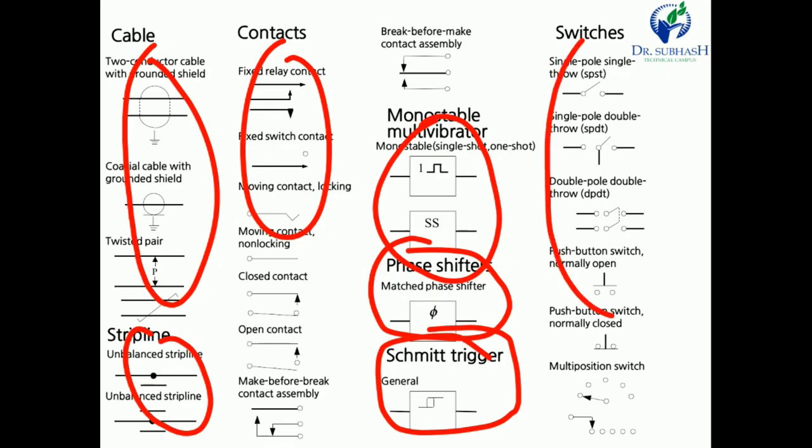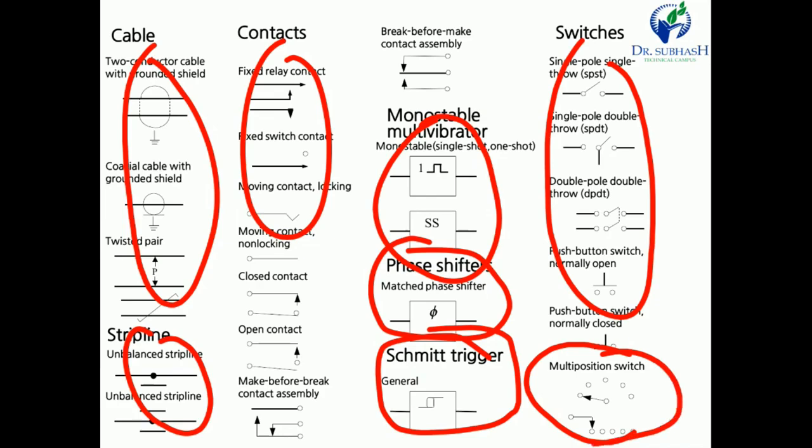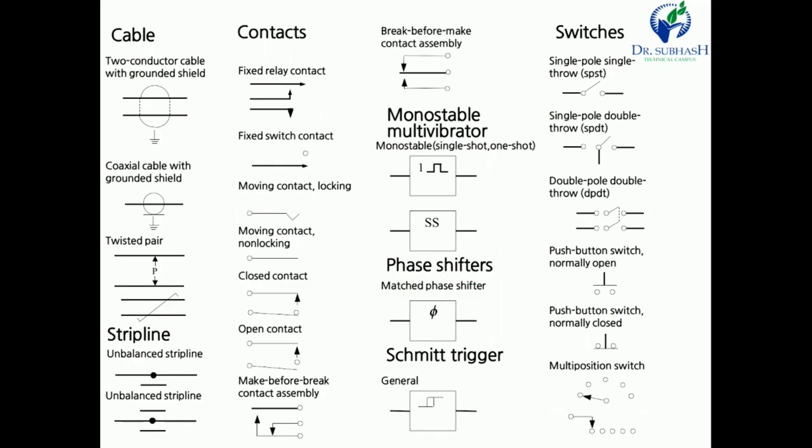Then different types of switch. A switch is an on-off switch or a push button switch. Then limit switch. Friends, here is a multi position switch; you see this switch in the multimeter. If you want to set the ampere range, voltage range or any resistor range, then this type of switch is required. If you want to take a screenshot, you can take it. So this is about the basic components and their symbols.